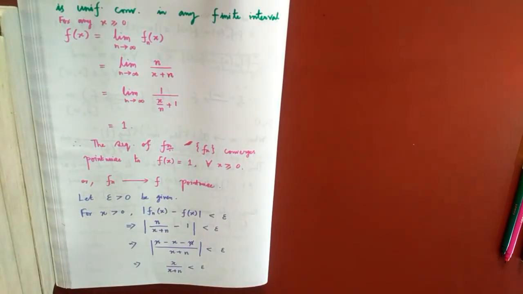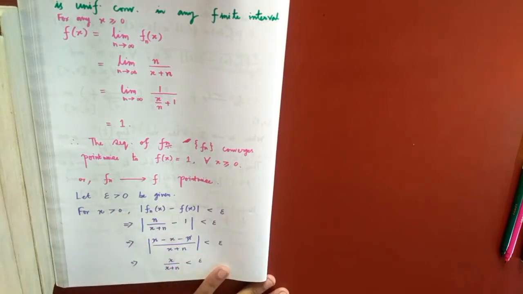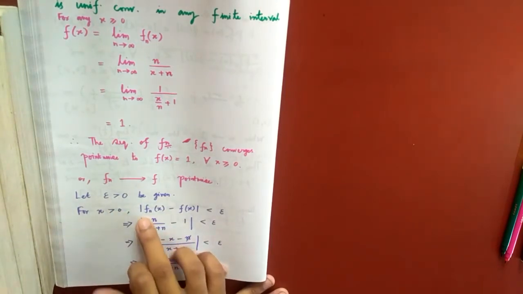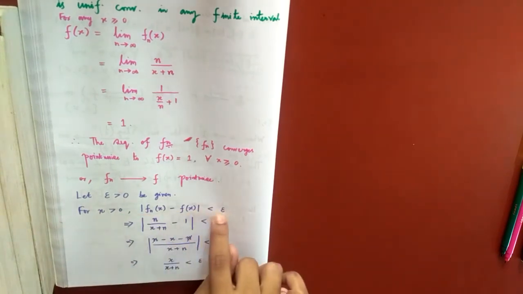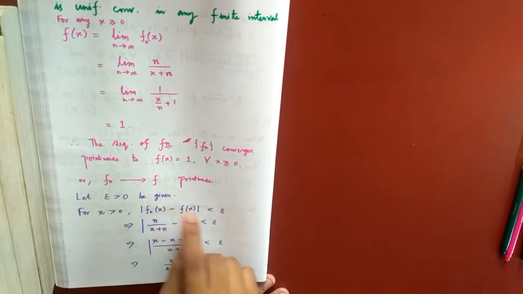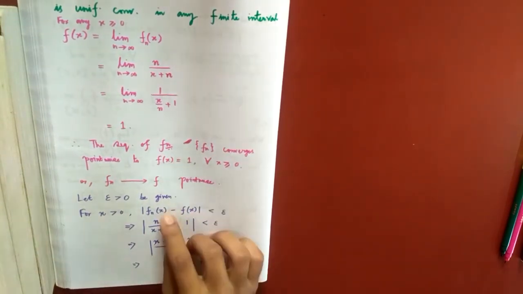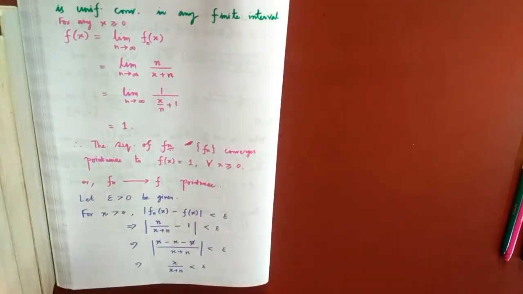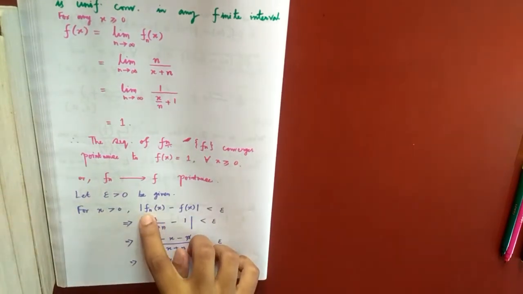Now to verify whether it is uniformly convergent or not, I have to, for any given epsilon, find a natural number for which this relation holds for whatever x you choose. That means that natural number should be independent of the point. Then only we say this will be uniformly convergent. So my aim is to find a natural number for which this relation will hold